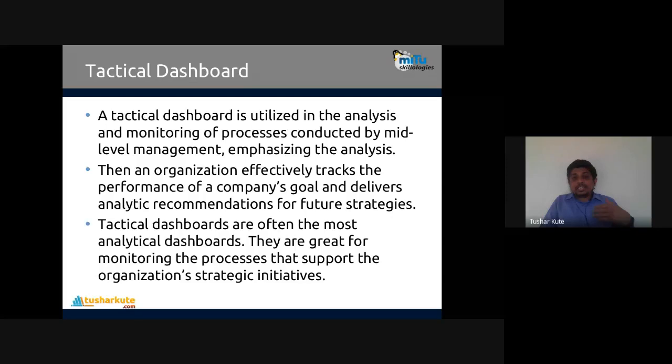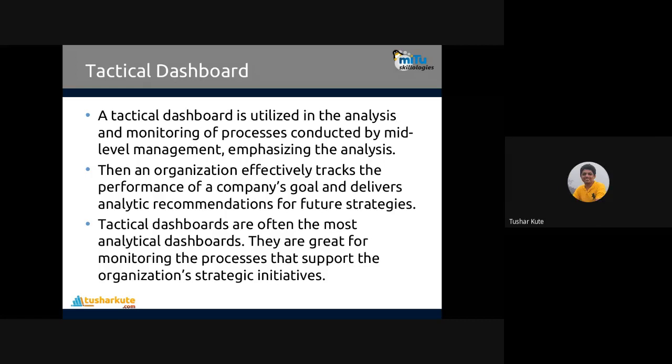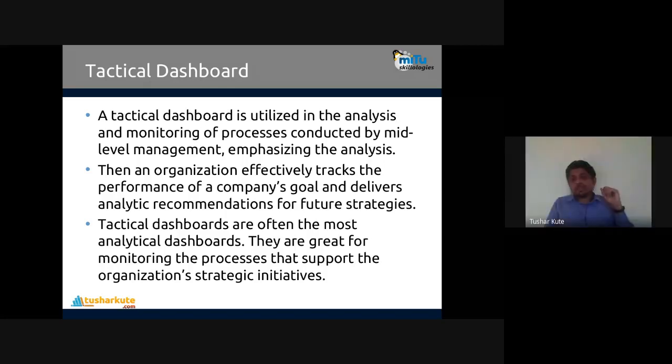Now, different tactics, that is the output of the tactical dashboard. So when an organization effectively tracks the performance of a company's goals and delivers analytic recommendations for future strategies, we can find tactics as a result of it. Tactical dashboards are often the most analytical dashboards.